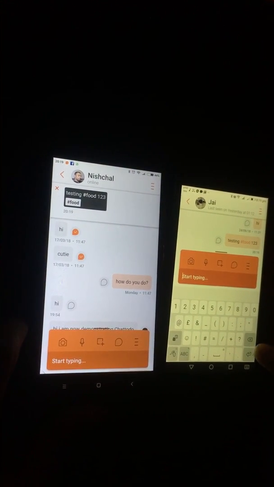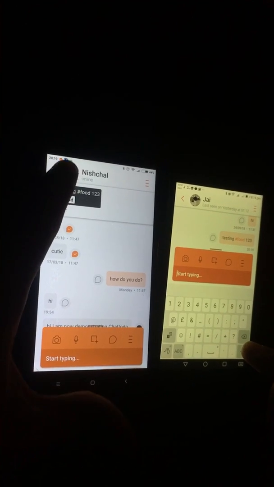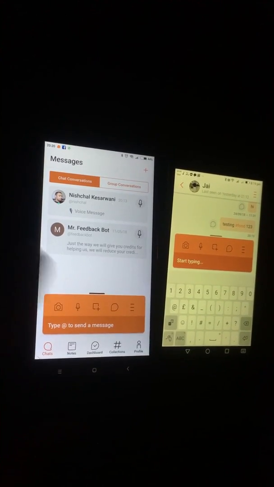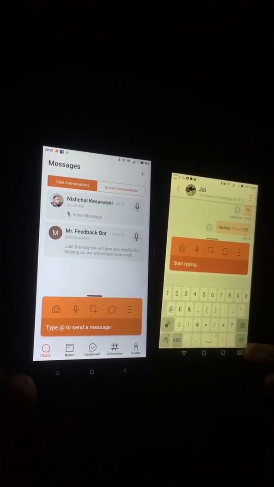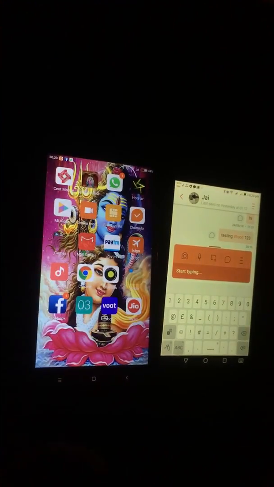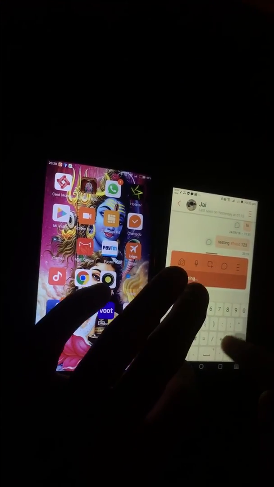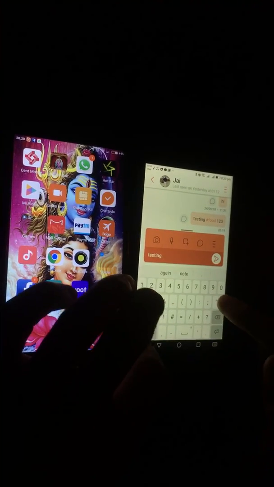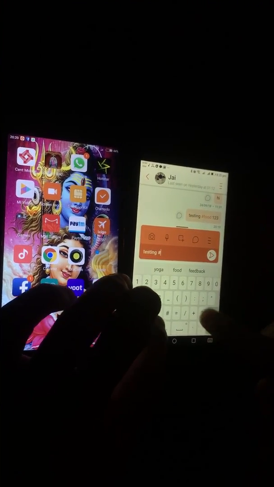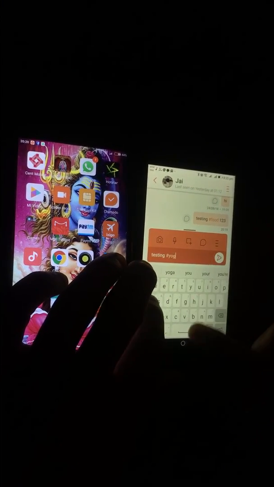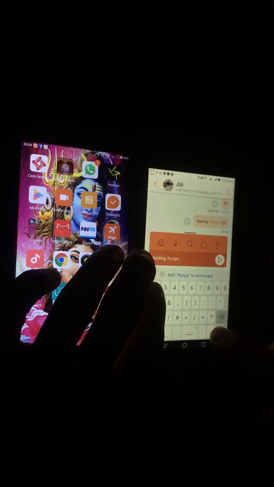I'll demonstrate it once again. Now let's go back. Let's say she's not on anyway. Now I add something like testing hashtag yoga 1 2 3 4.